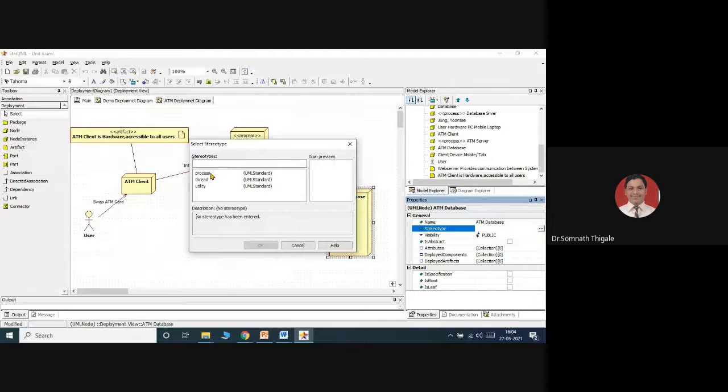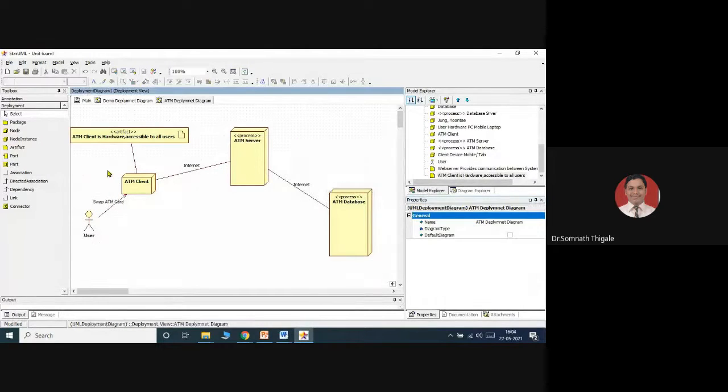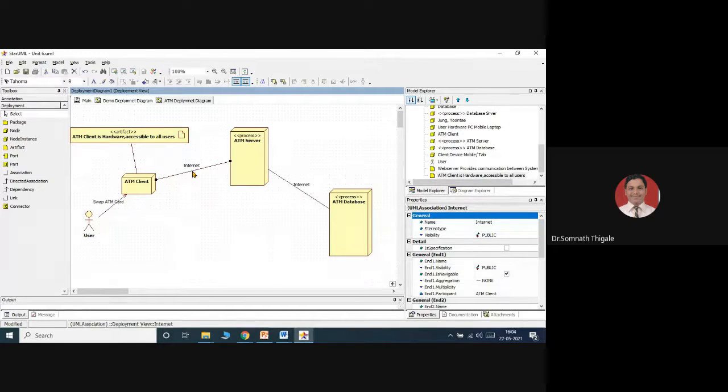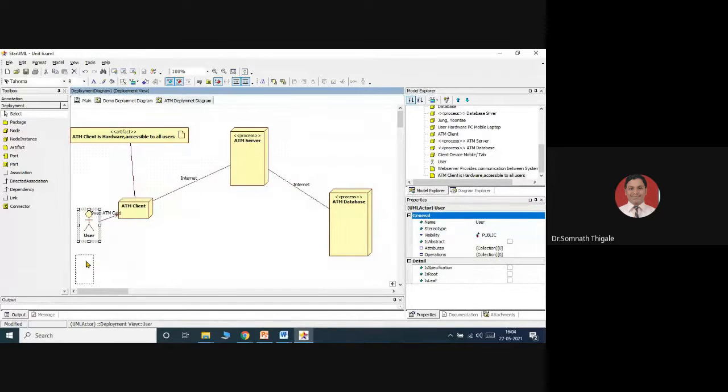Connected through an internet connection, maybe wired or wireless, it doesn't matter, but with a sufficient, secured connection. For security you can use a private network, maybe a virtual private network. There should be a proper communication, a proper connection.